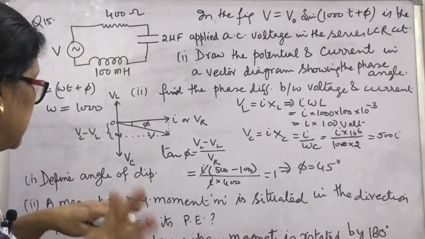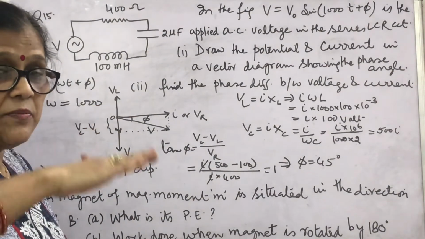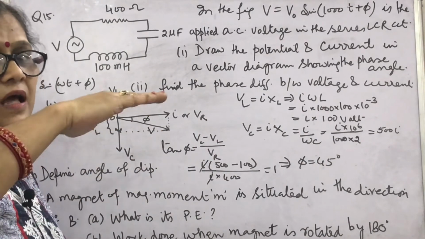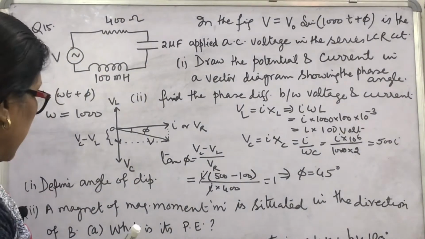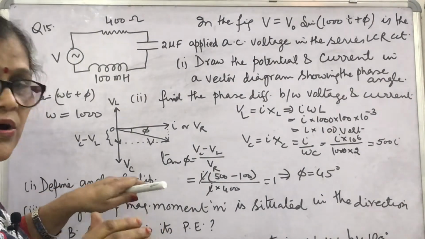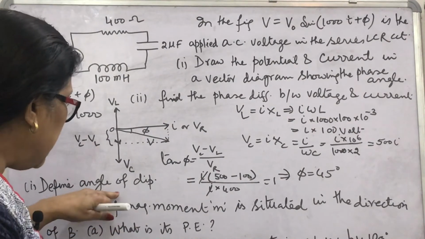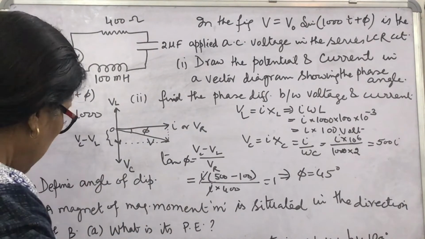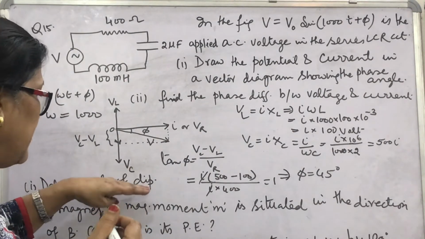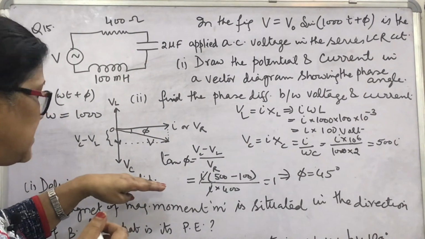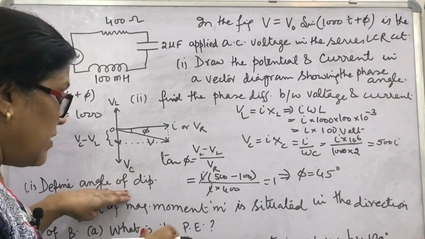At any place at the Earth's surface, the Earth's magnetic field makes an angle with the horizontal in the magnetic meridian, that is called angle of dip. Listen again. At any place at the Earth's surface, the Earth's magnetic field makes an angle with the horizontal in the magnetic meridian at that place, that is called angle of dip.